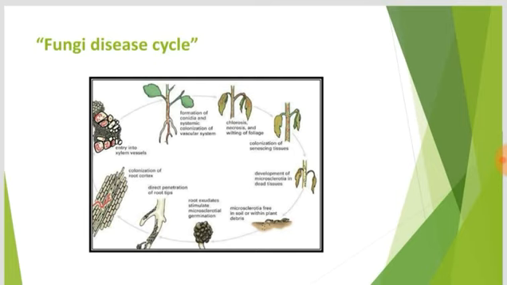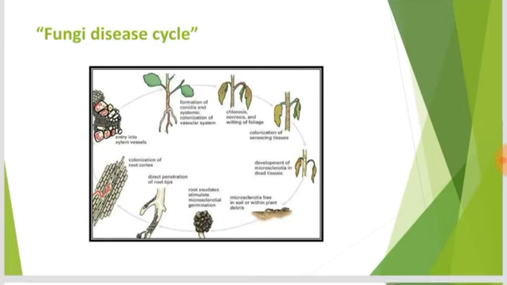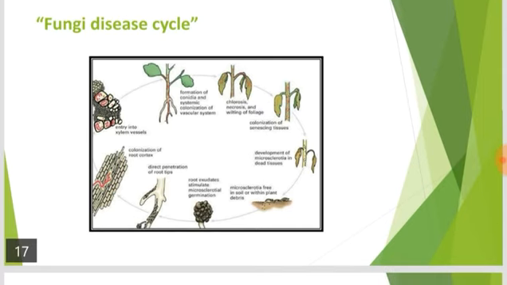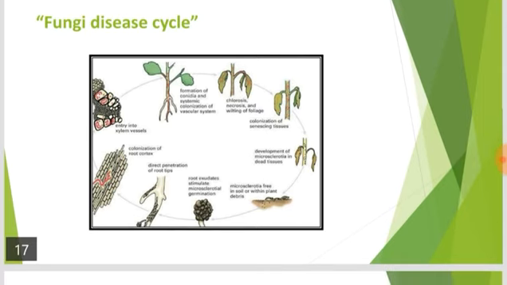And this is the fungal disease cycle. It starts from root exudates, which stimulate microsclerotia germination, with direct penetration of root tips, colonization of root cortex, entry into xylem vessels, formation of conidia and systemic colonization of the vascular system. So these are the disease cycles. So this is the pathogenesis or infection process.